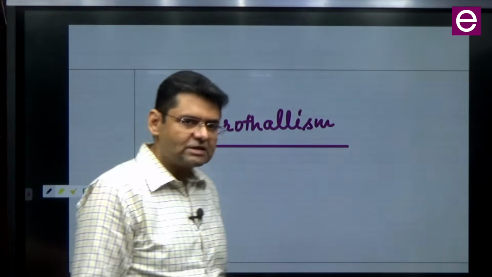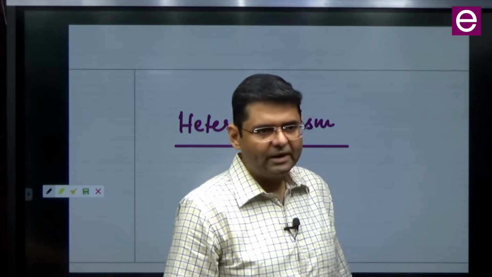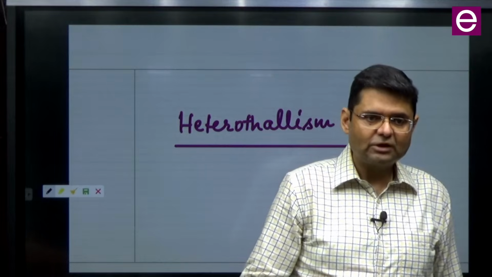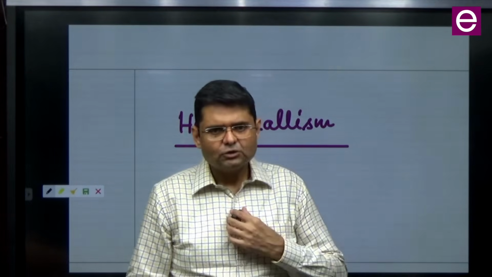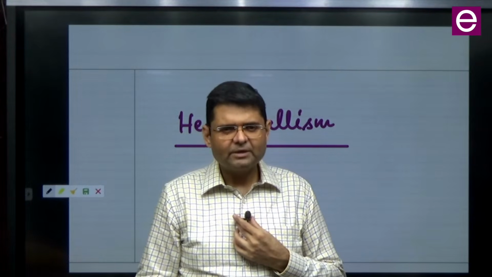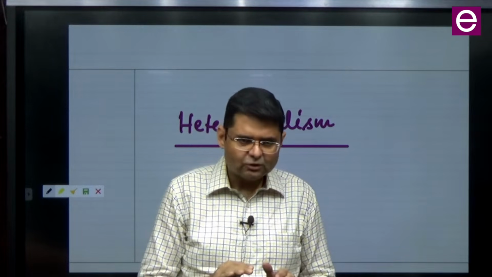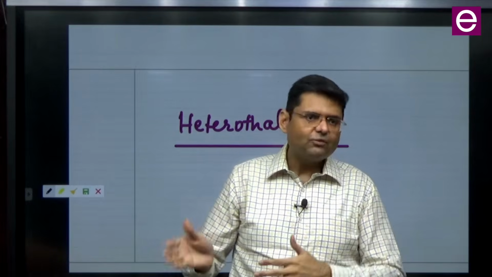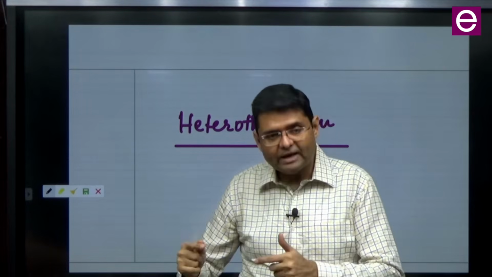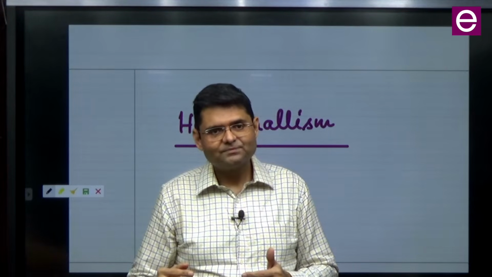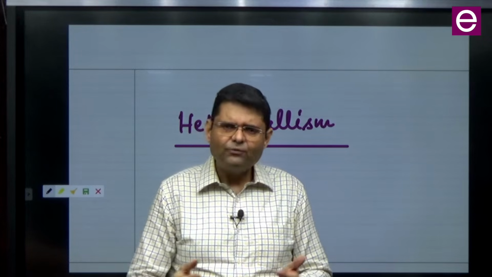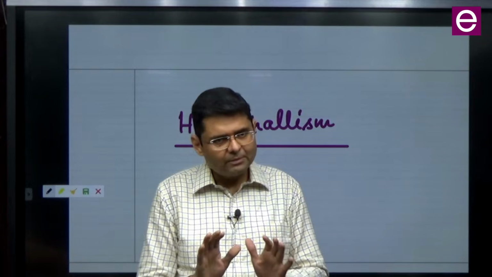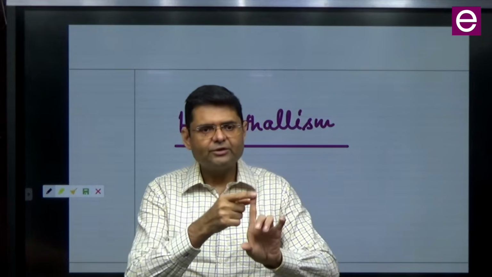Heterothallism, as I was telling you yesterday, was discovered by A.F. Blakeslee in Mucor. Yesterday we saw the life cycle of Rhizopus. So Rhizopus and Mucor life cycle is very similar, and in both of them we see heterothallism. But heterothallism is present in other fungal phyla and even in the phyla of fungi-like organisms. So practically in every phylum you will find a couple of members displaying heterothallism. That is about occurrence. So you will find it in Chytridiomycota.